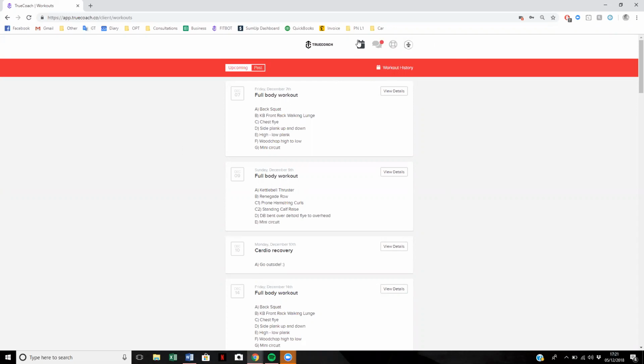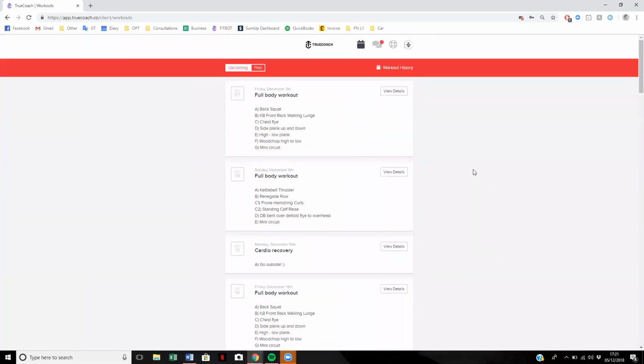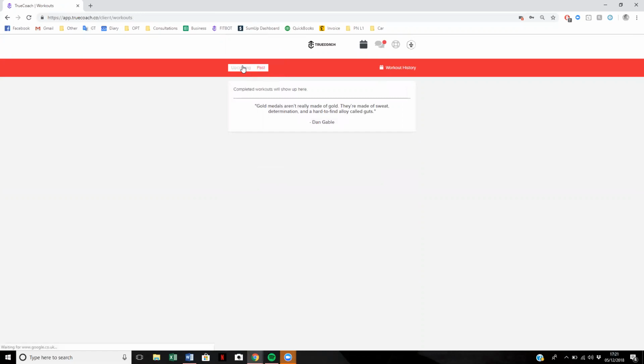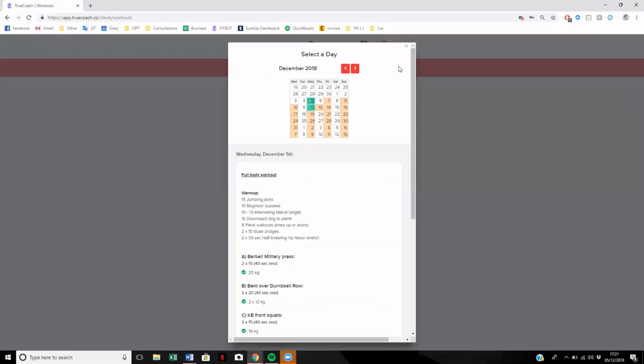So the first little button here is for the workout. If you scroll down, you can see all the scheduled workouts that I've put in for you. You also see the little dates, so which day it is due, and you can choose between upcoming and past workouts as well. If you click on the little workout history button, you're going to see a calendar view where you can see these green or orange